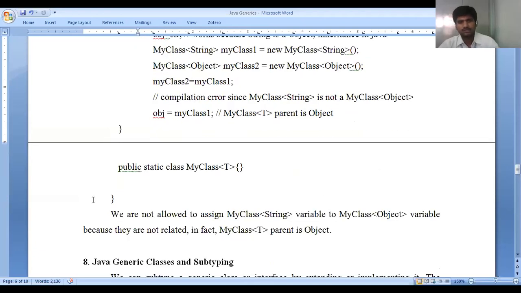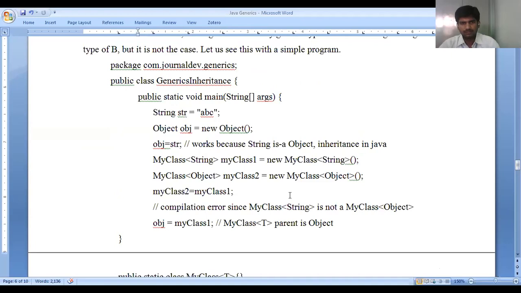See here, this is working because String is an Object, that is, it gets inheritance in Java. This is the package we are going to use, and a public class with the main method.